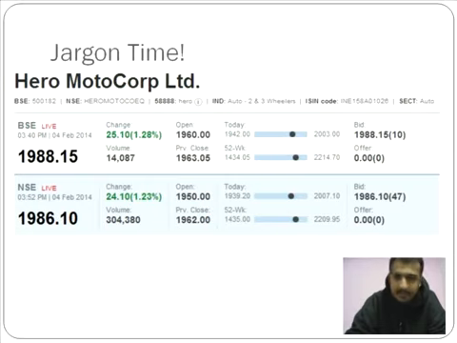So market equilibrium is the reason why you're able to find the prices in NSE and BSE the same, or relatively the same. That's a better term, in fact, relatively the same.